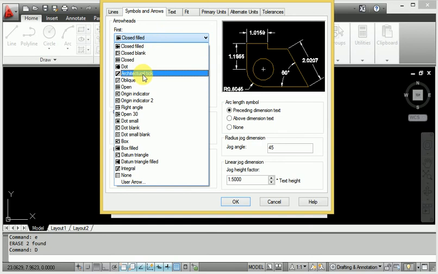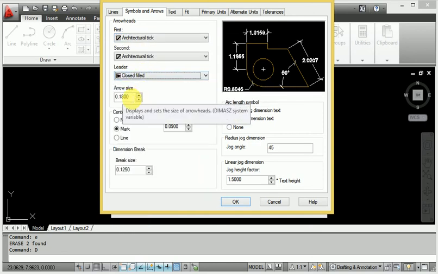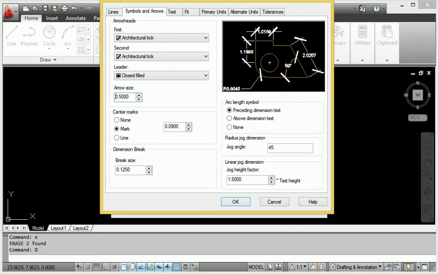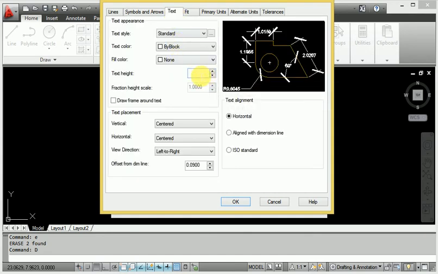So when I click this architecture, and the leader line is closed filled, their size, a minimum of 1 mm is sufficient. If you use 0.5 mm, that is sufficient, then it is complete. Then the text setting is also there, when I provide the text setting, when I give the color here,